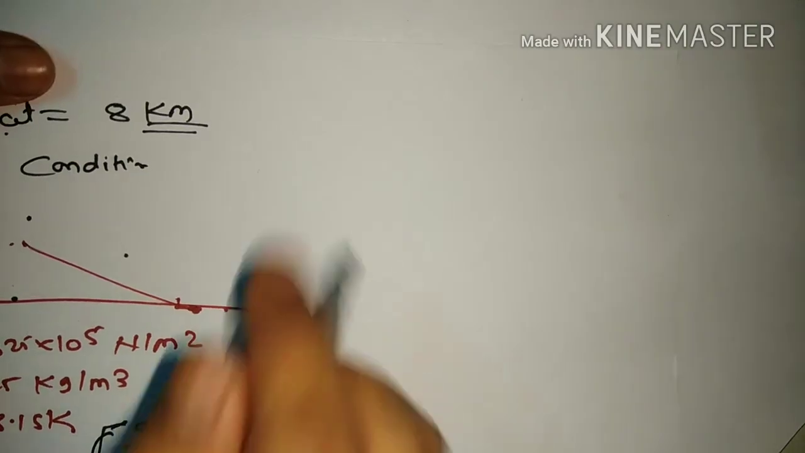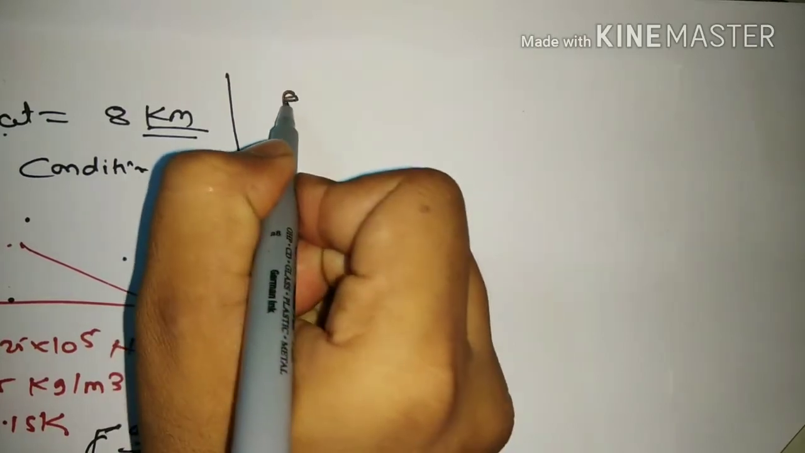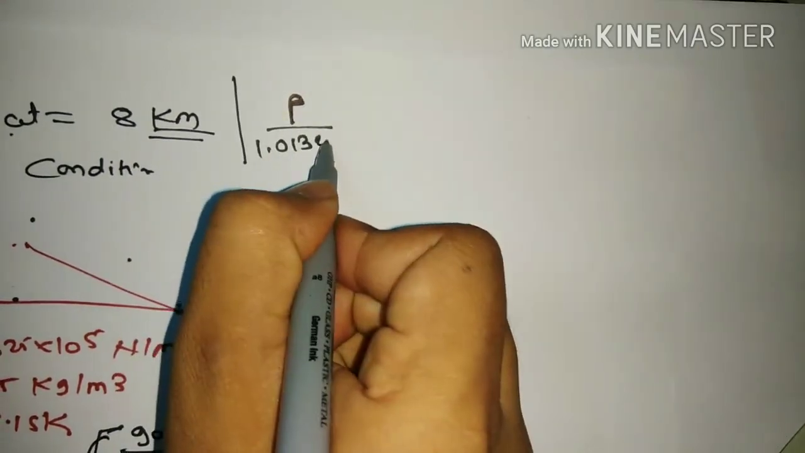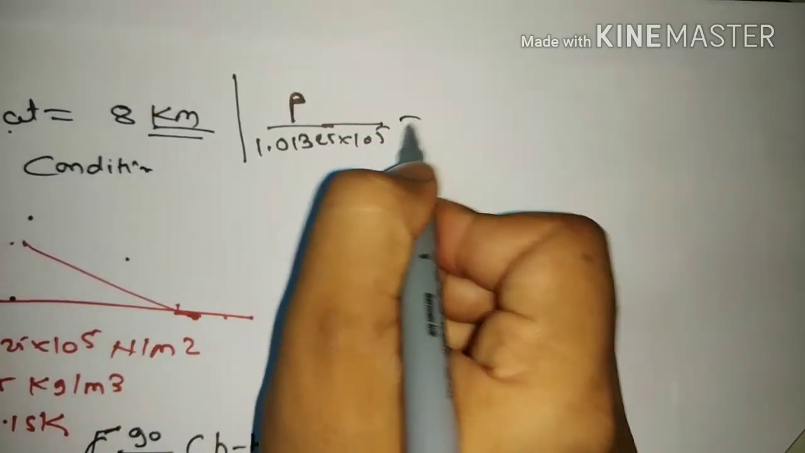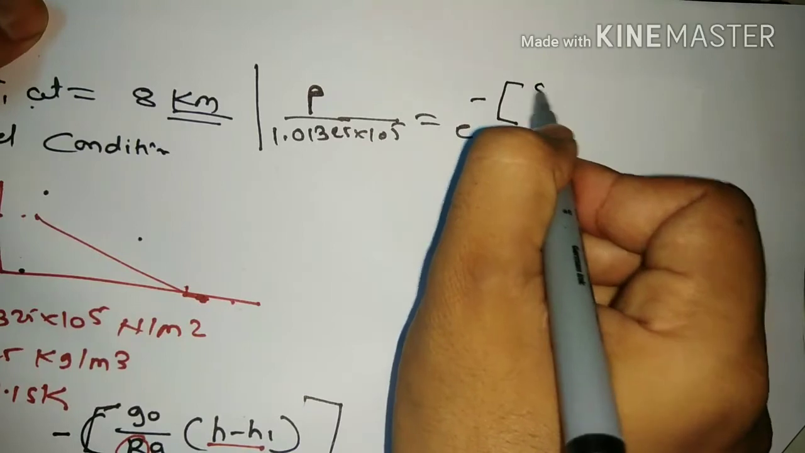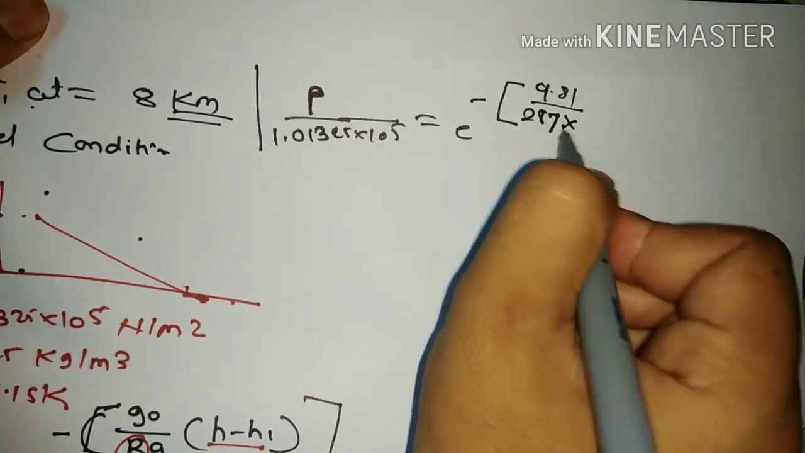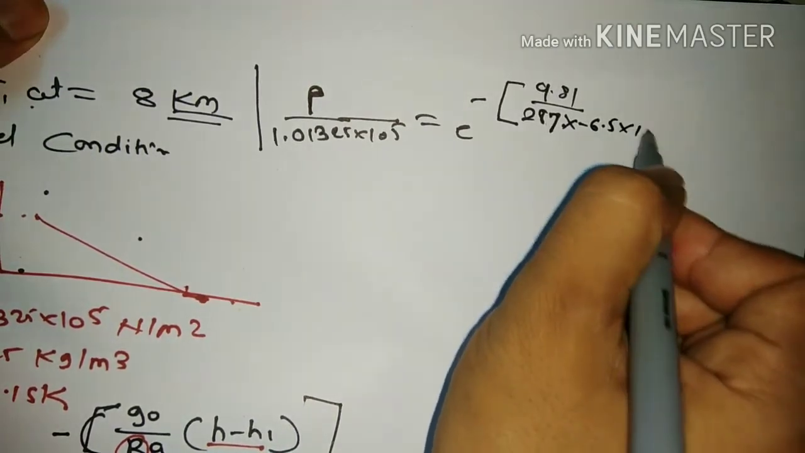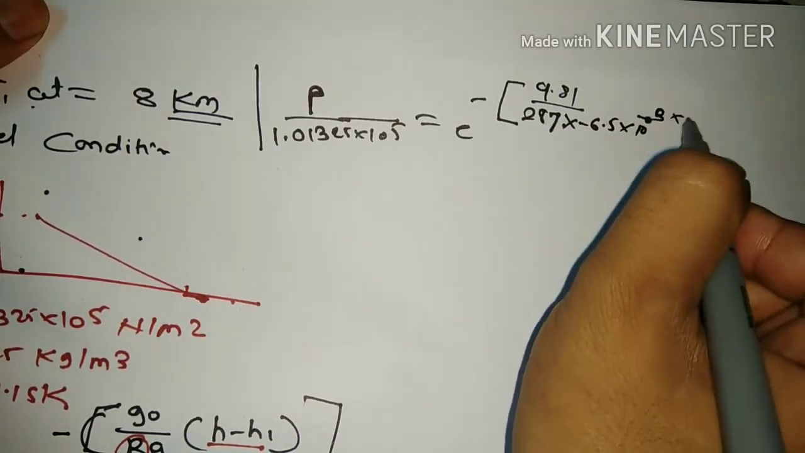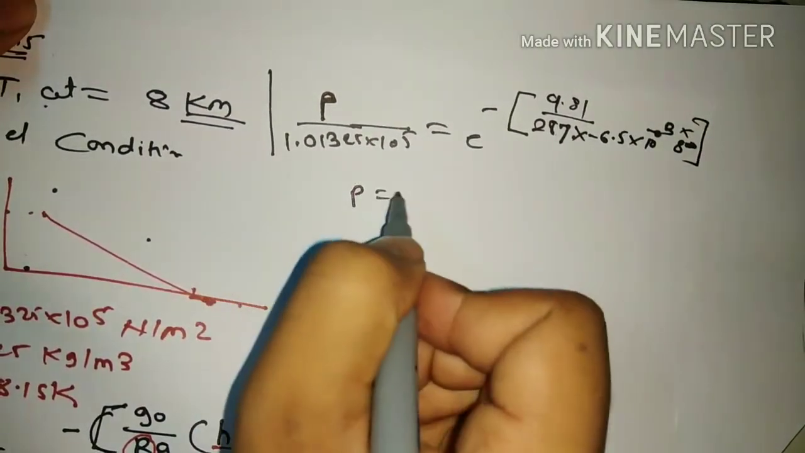We have to find P, the pressure at 8 kilometer, by the reference value 1.01325 into 10 raised to 5, which is equal to E raised to minus G0, which is 9.81, R is 287, into A, which is minus 6.5 into 10 raised to minus 3, and H is equal to 8,000. So P will be,